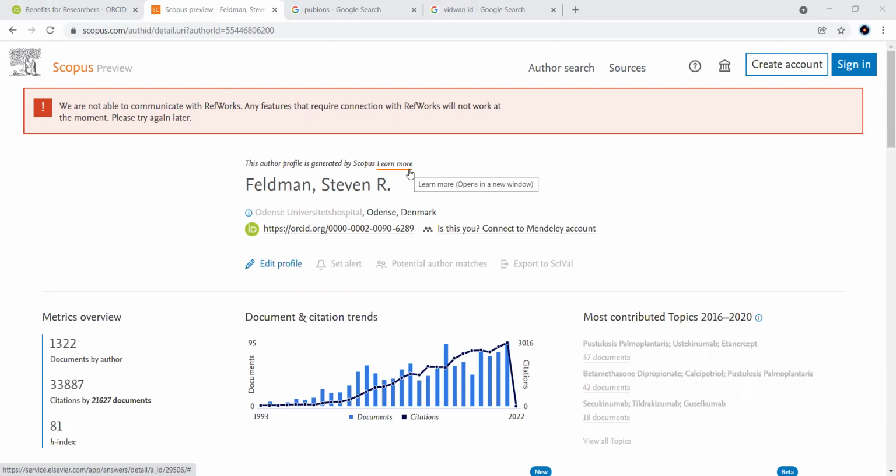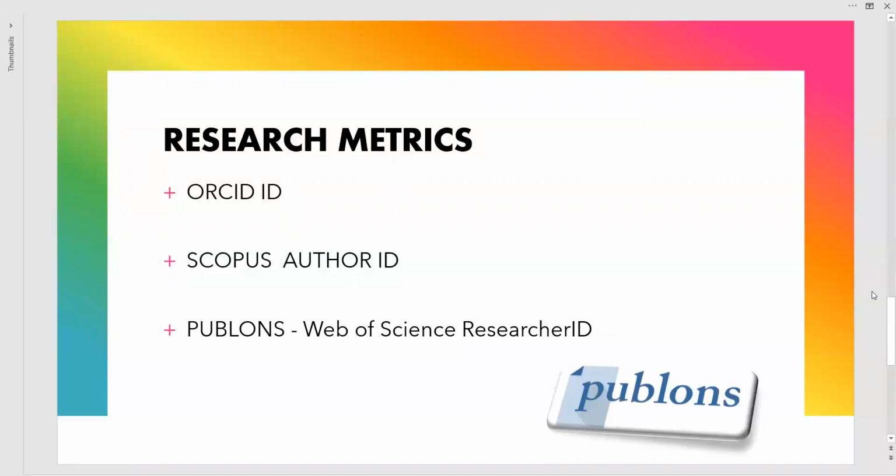Similarly, let us see the next one after ORCID ID and Scopus. Next one is Publons. It is actually a free service for academics for the purpose of tracking and verification of their work and showcasing that work to the world. This one also was started in 2012 by Thomson Reuters, but later in 2017 it was handed over to Clarivate. In Publons, let me show you the website, how it looks like.